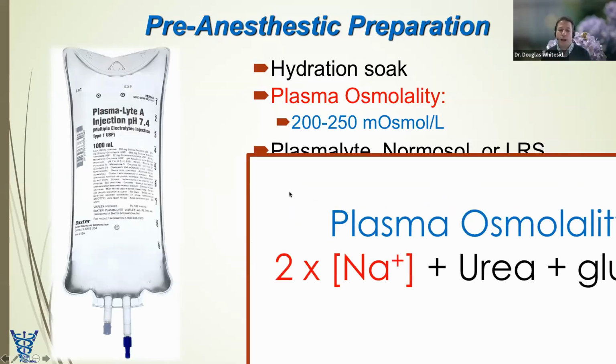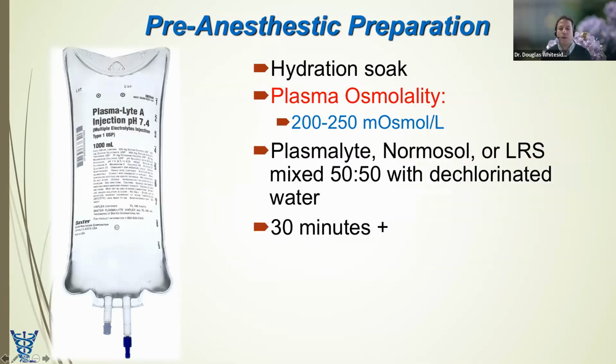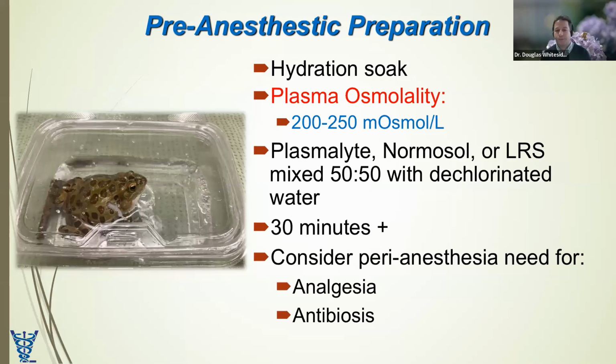So what we want to do is make sure that whatever fluid we're using is lower than the plasma osmolality, because that will facilitate a normal osmotic gradient across the